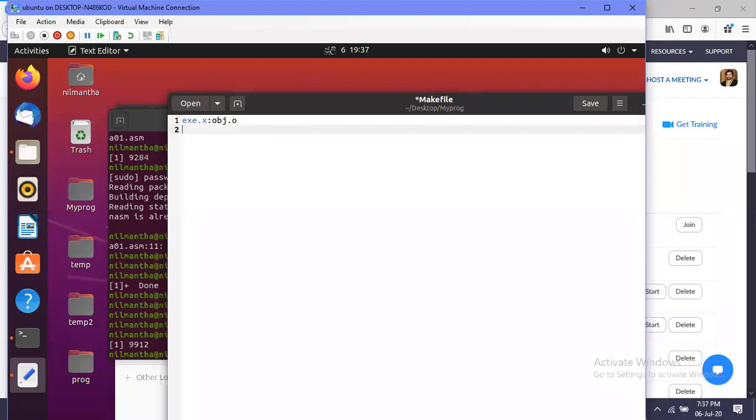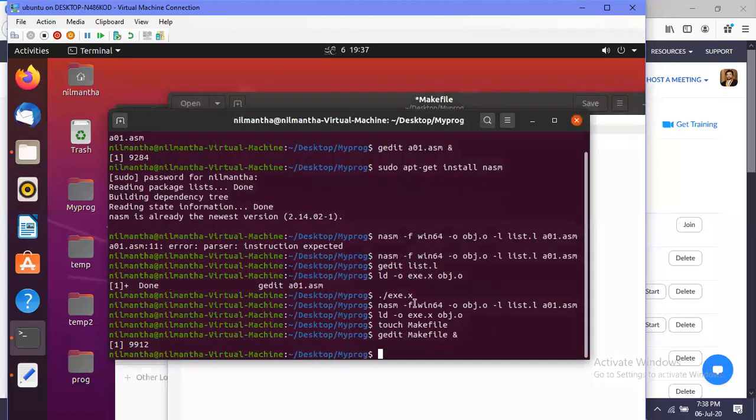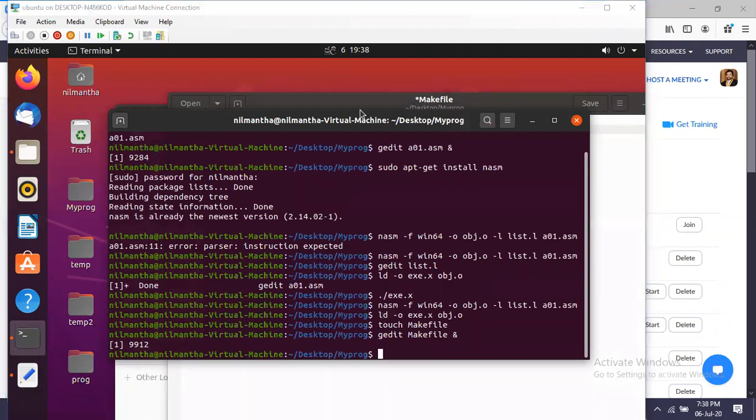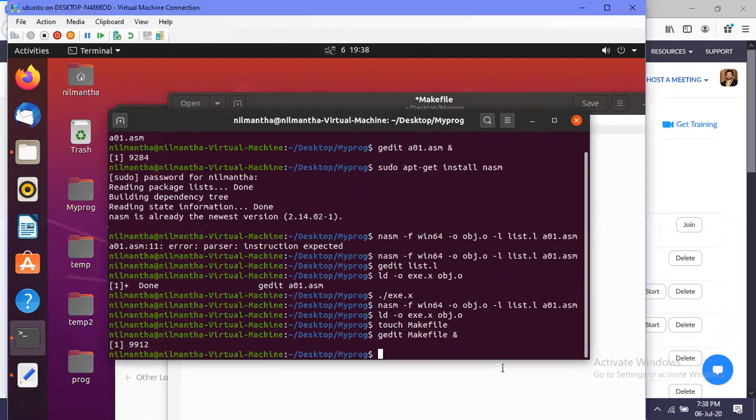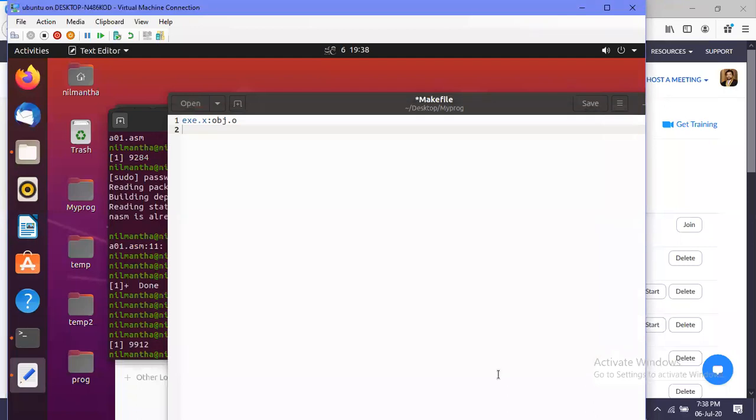How are we going to create it? In order to insert this command, it is in the syntax, you have to insert a tab. One tab.